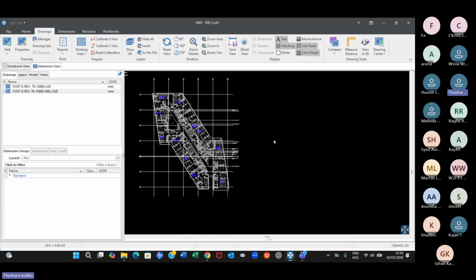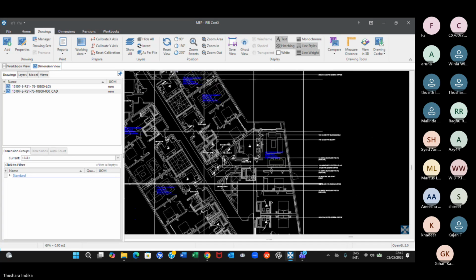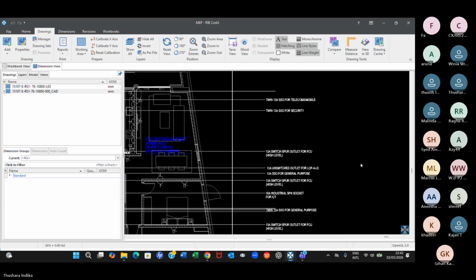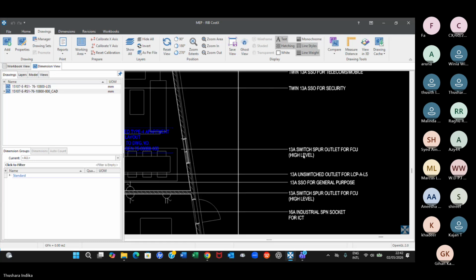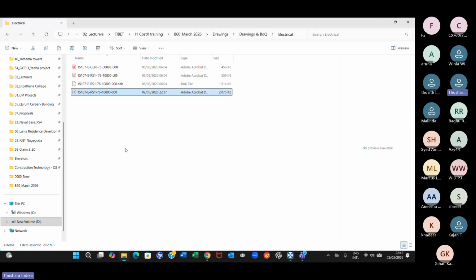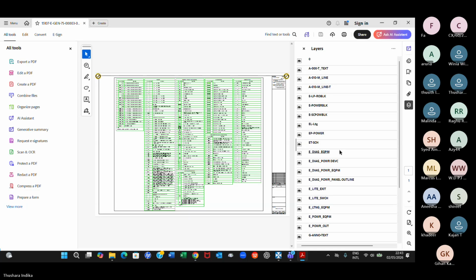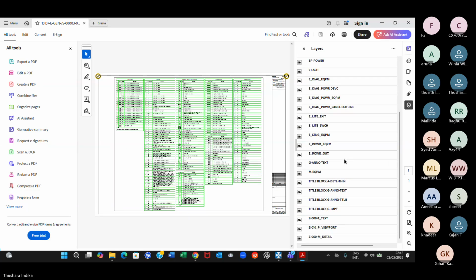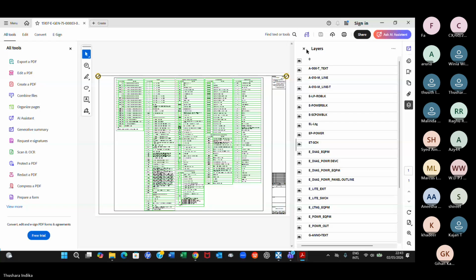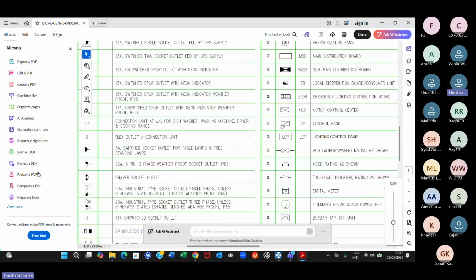And there should be a description or the legend. Let us open, you can see here the socket outlet, the legends,